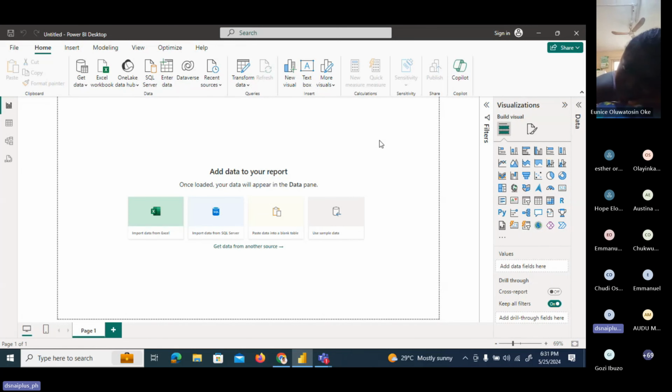So now for this class, we'll be using Power BI desktop. That is why we went ahead to share it with us, so that we'll be able to use it. If you look at the desktop as it's showing now, I don't think there is anything strange per se,